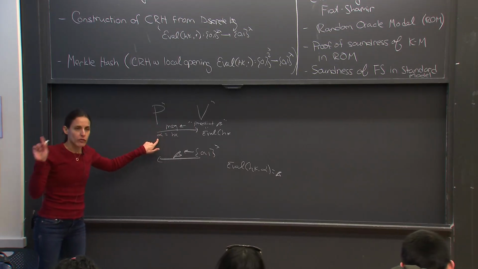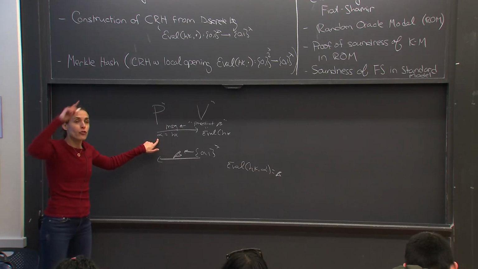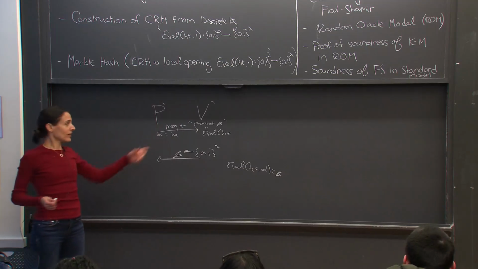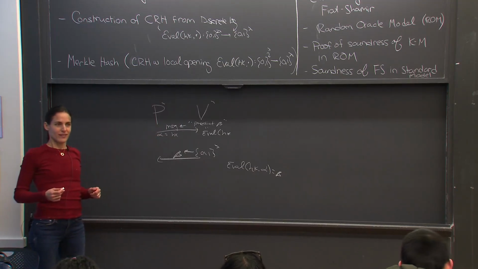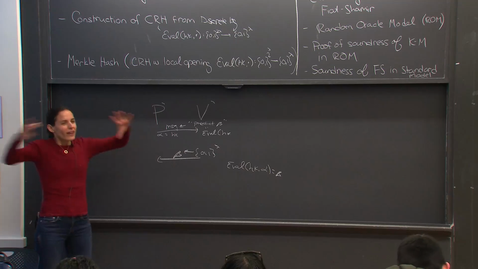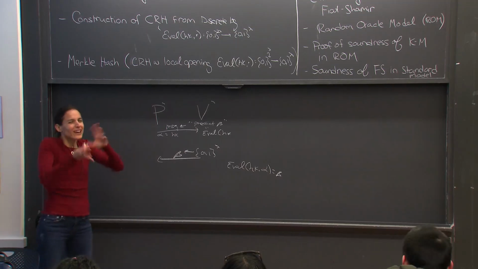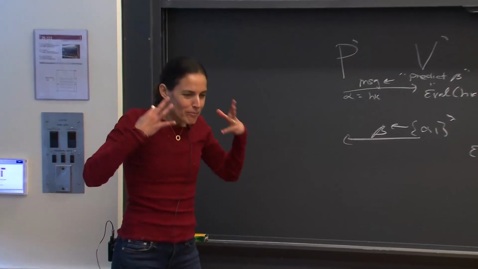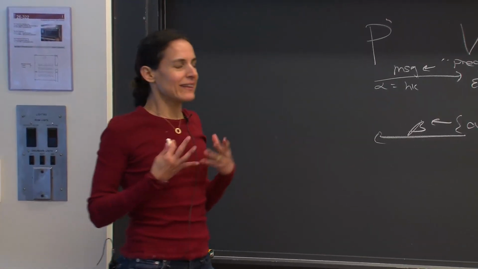What is the length of your alpha? It's lambda bits. I'm going to use a hash function where the hash key is longer. And now you can't send it. Because here I said I'll send the hash key. So then you need to use a hash to squish this hash key in. It's more complicated. But the basic idea is